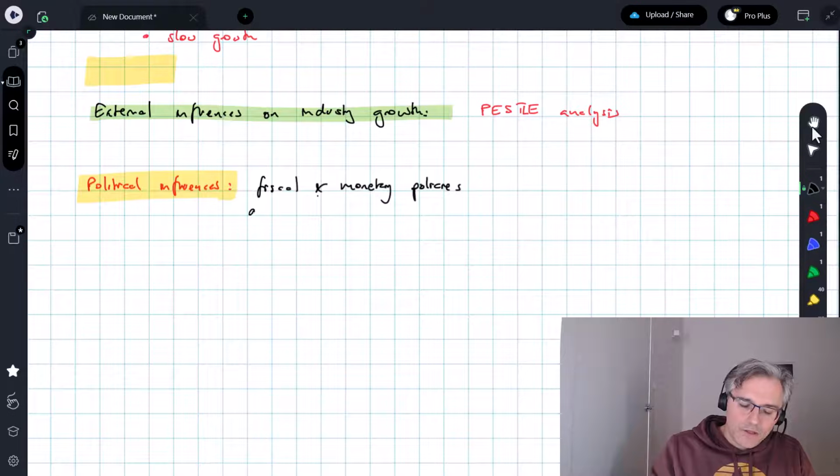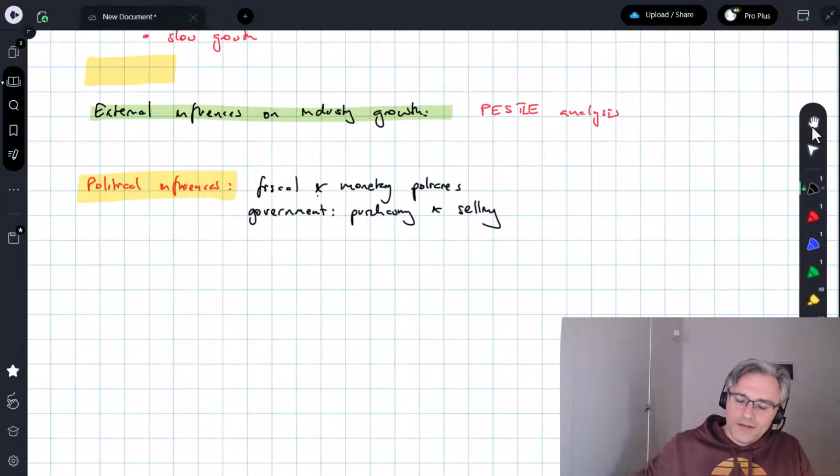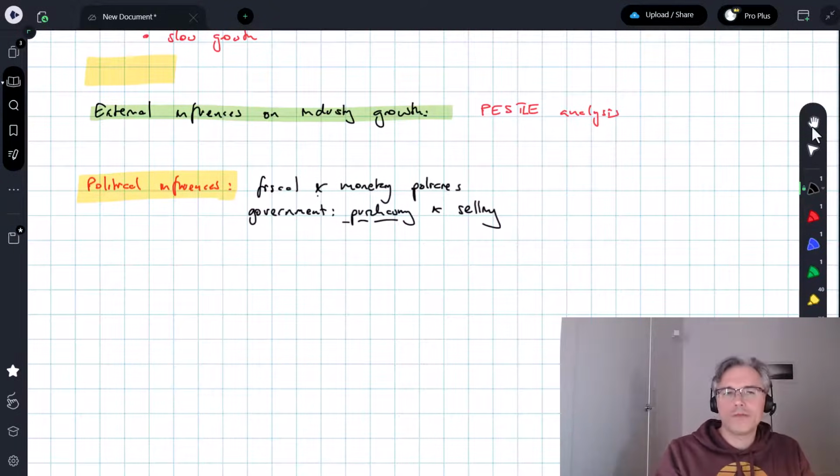Right. When we talk about fiscal, we mean government, and governments have a budget, a purchasing budget. Governments buy a lot. They sometimes sell things like licenses to do various things in a given area. But the purchasing aspect, right? Defense buying is done by governments pretty much. Healthcare buying, a huge part of it is done by government. Education services buying is done by government. So that impacts the industries.